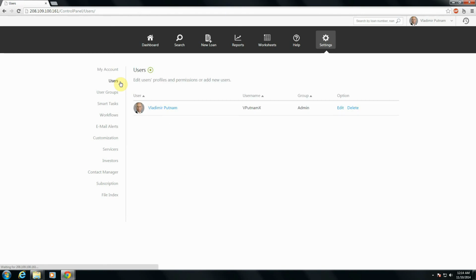You have a section for adding users. Users can belong to different user groups, which have different access levels or permission levels, which essentially control what parts of your database they can see and not see. And more on that,